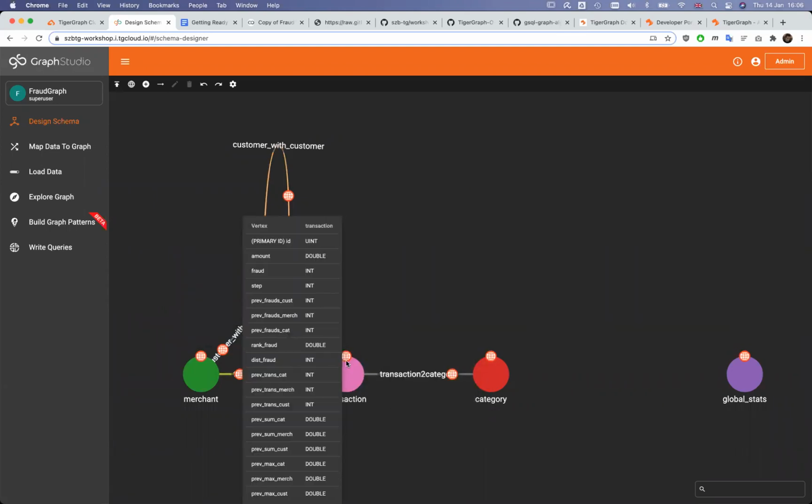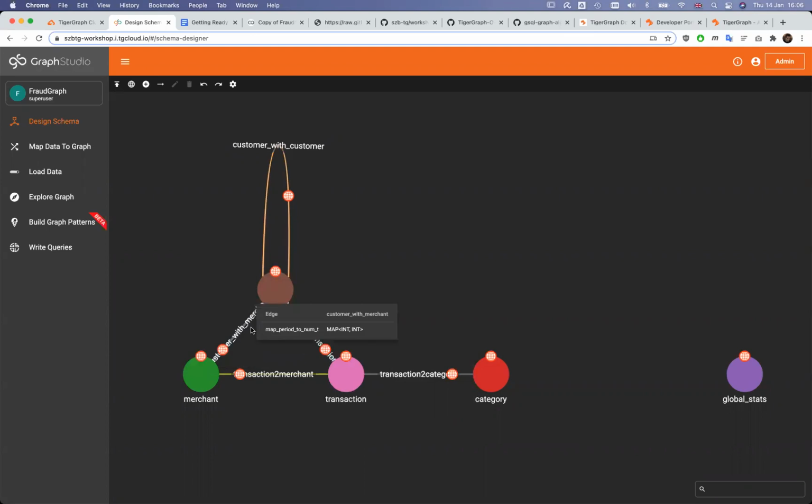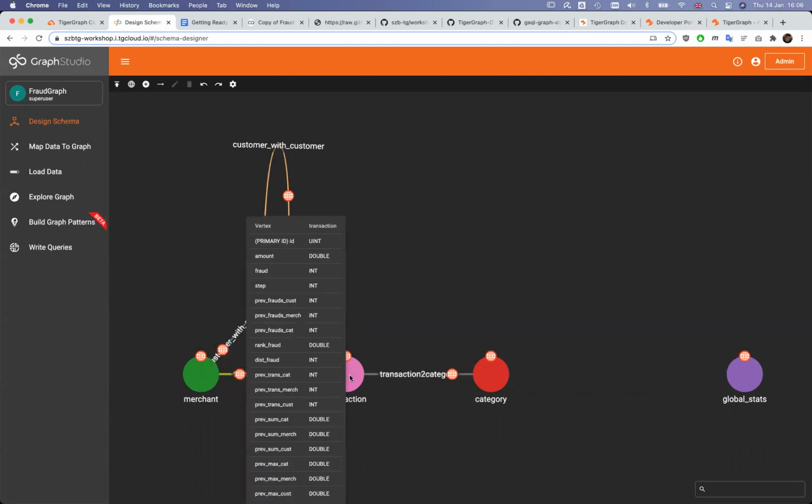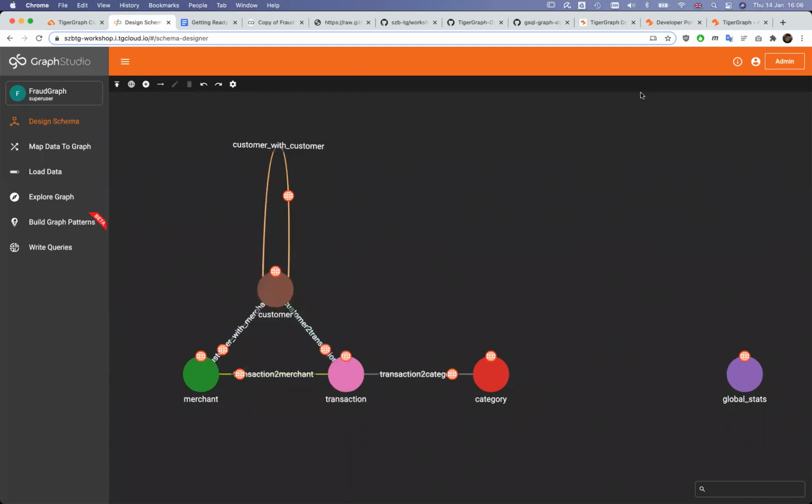And as you can see, some edges have attributes, but it's mostly the vertices that are populated with data. Some of these columns, especially in transaction, will be calculated by this script that is probably still running. In fact, we can have a look at it.